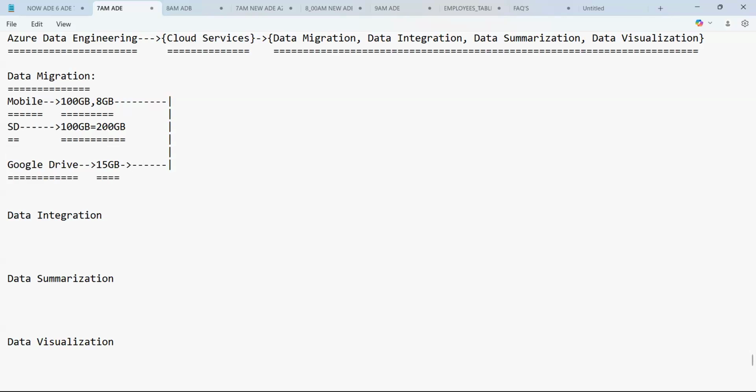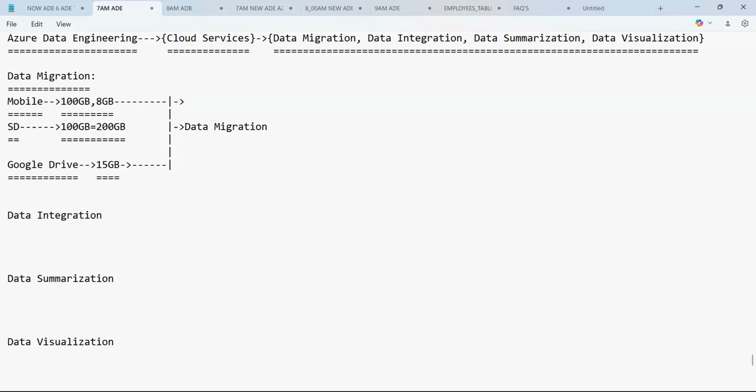Data migration. Data migration is nothing but a process where the data is moved from the mobile phone storage to the Google Drive storage, wherein technically